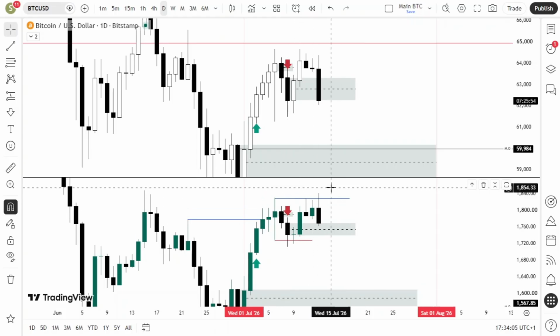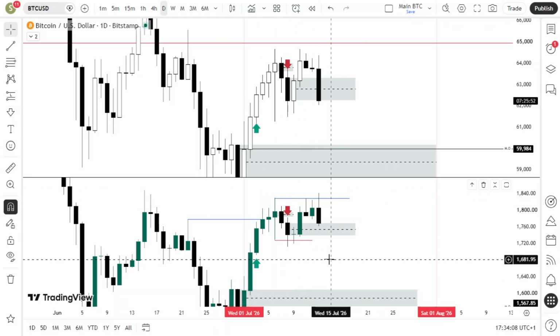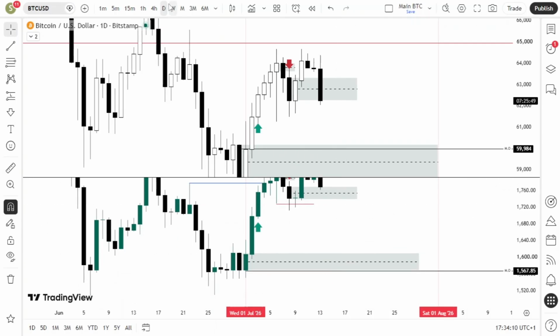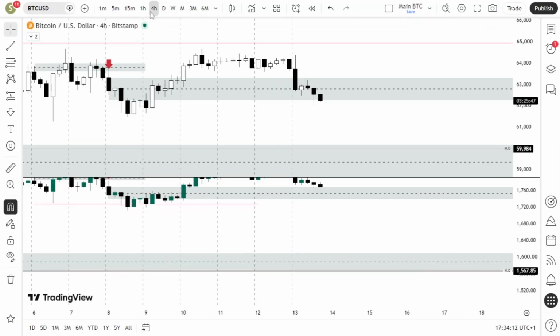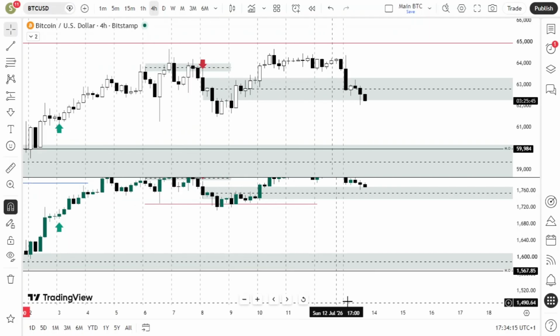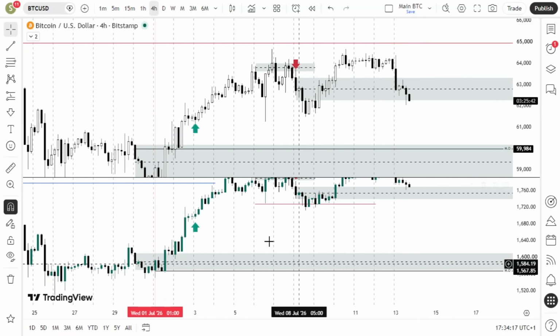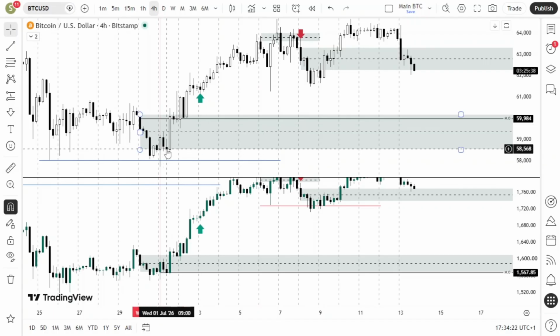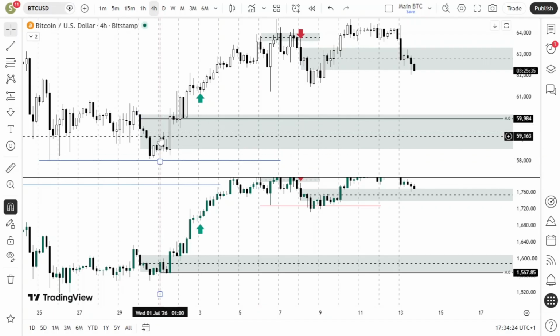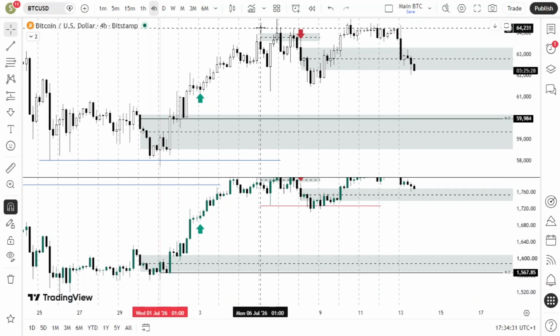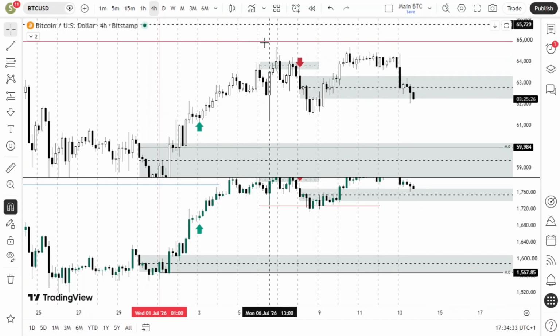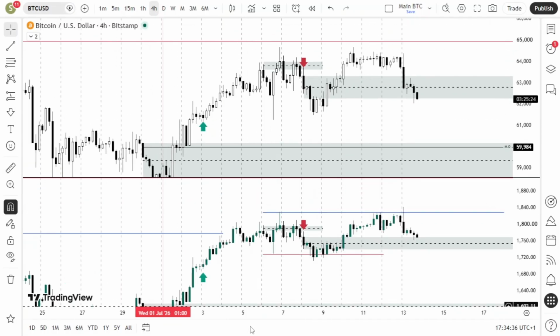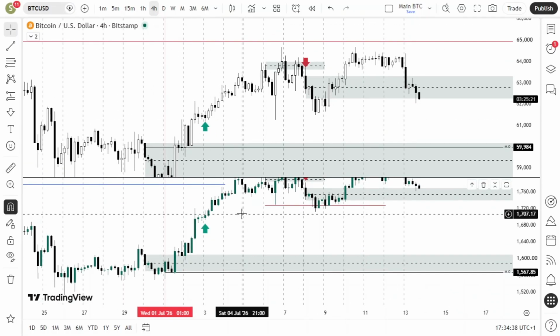So now that I've highlighted the opportunities using the daily time frame, let's go down to the 4-hour time frame. On the 4-hour time frame, let's come back to the start of the month, which is over here, down here. So when the month started, we had the SMT, which I was just talking about at the start of the month, which kind of gave us a confirmation that I want to push higher. Although we have not yet reached the monthly levels which I had marked out, we got quite close. So anyways,